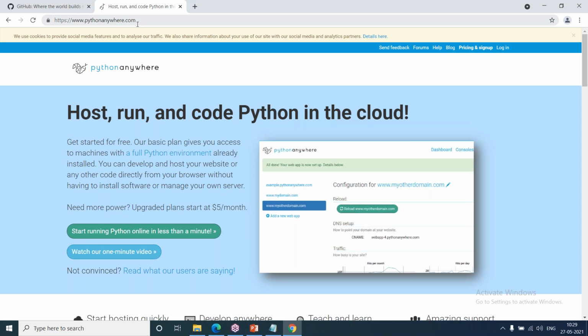Okay, so in some classes, when faculty discuss web hosting, at that time faculty will tell what a virtual environment is and how it works. But in my classes, all the examples that we are going to discuss, we are going to create in a virtual environment.